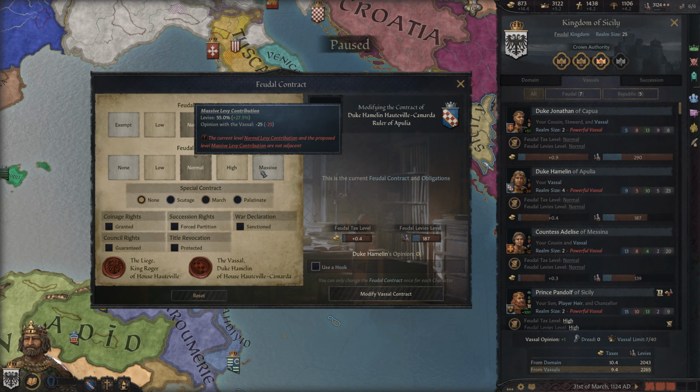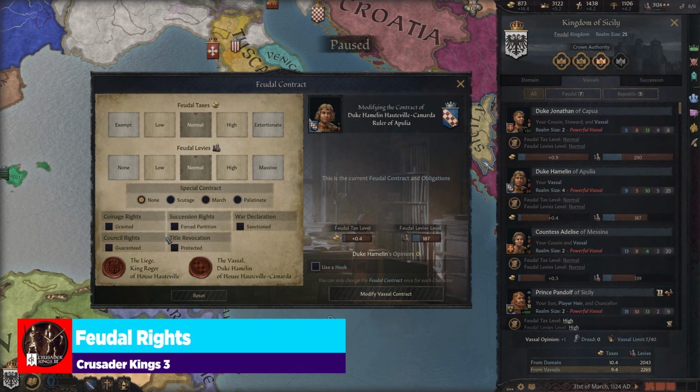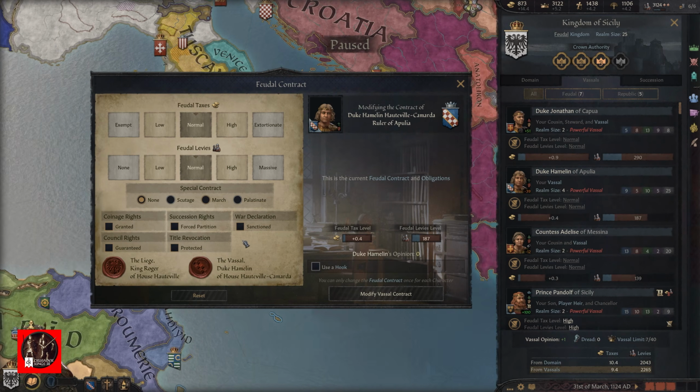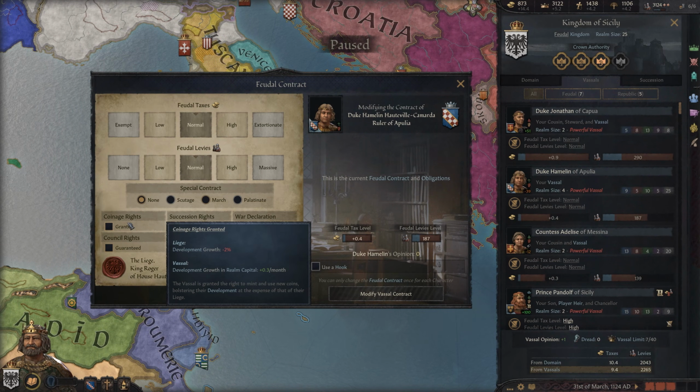So this has a little bit higher of a jump between high and massive, but it's important to understand how this is influenced by your crown authority, because it can actually increase the amount of tax or levies that you get. But outside of that, we also have our individual rights that you can influence with each and every feudal contract, and they all depend, right? So we'll go through special contracts at the end of the video, but starting here at the beginning, we get